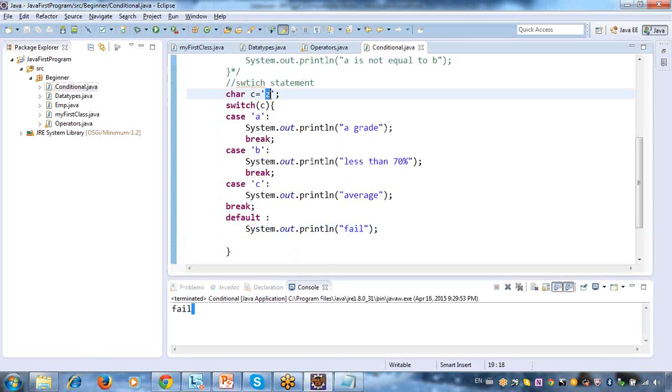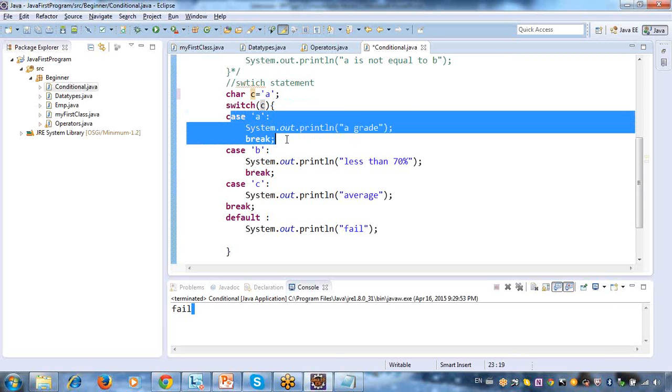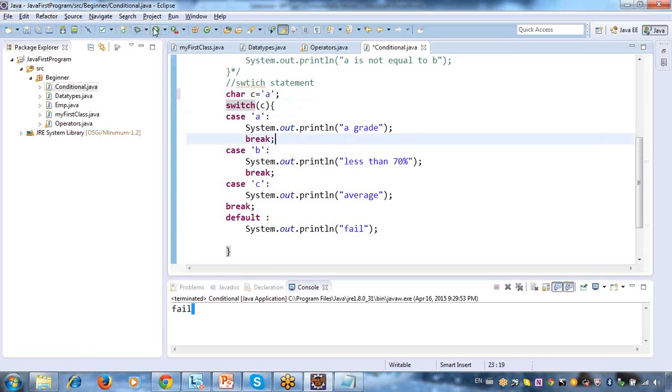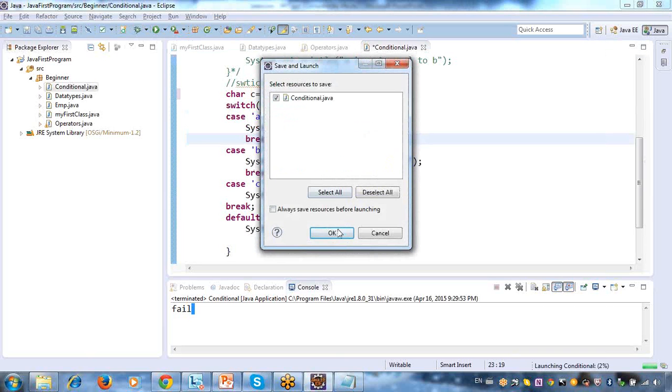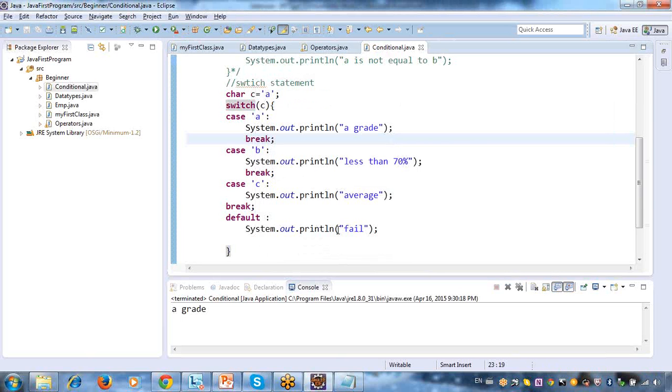Whatever condition you are passing, if I am passing A, you are saying switch C. What does C contain? C contains A. A is available, yes. Then it will execute only this case. Got it? So whenever you want to handle more than two conditions, go with your switch.